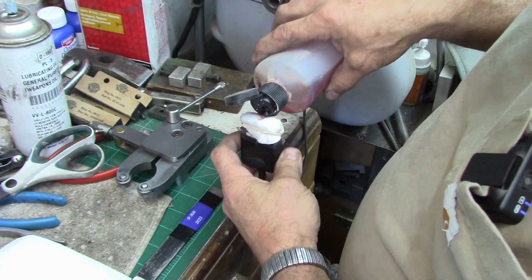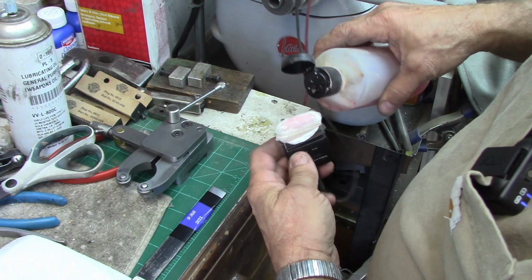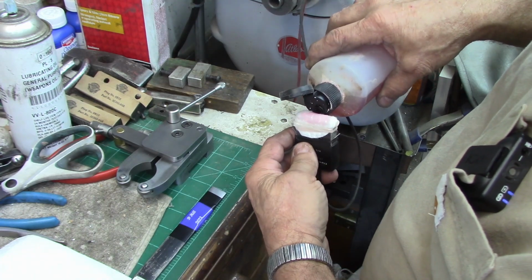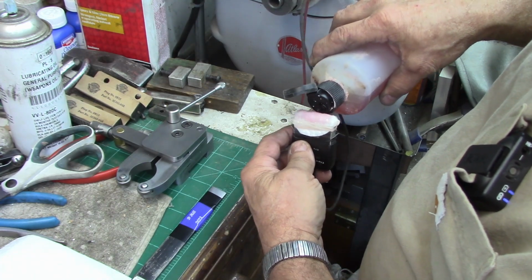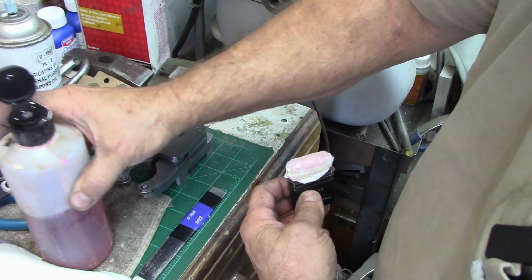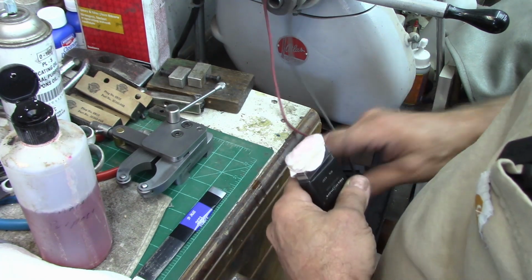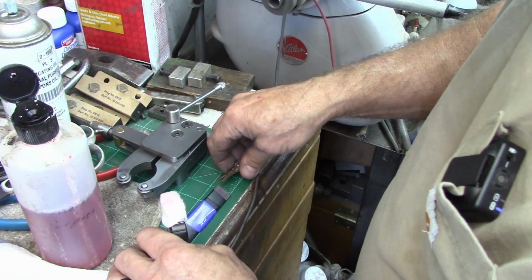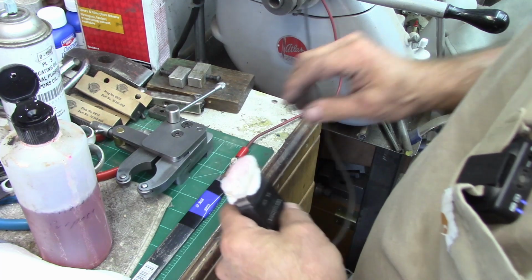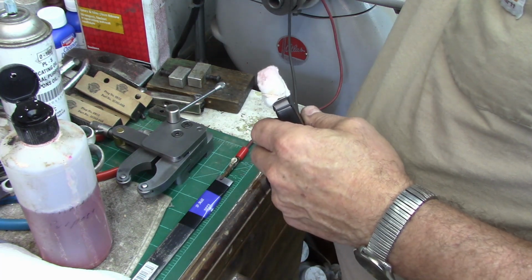So our electrolyte just goes on the pad here. And I'll add more as we get to going along, just because it absorbs some and seems to work a little bit better that way. We hook our ground on here, and we turn on our machine, and